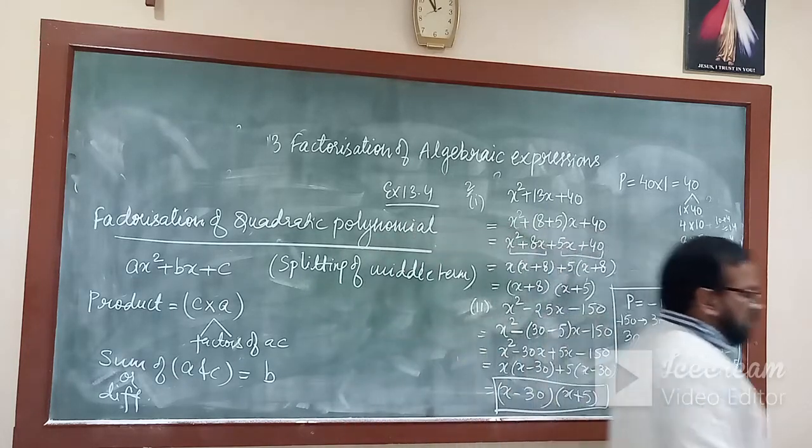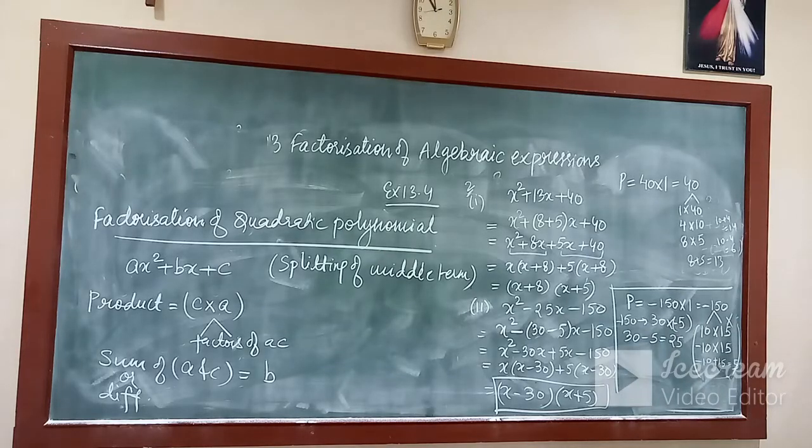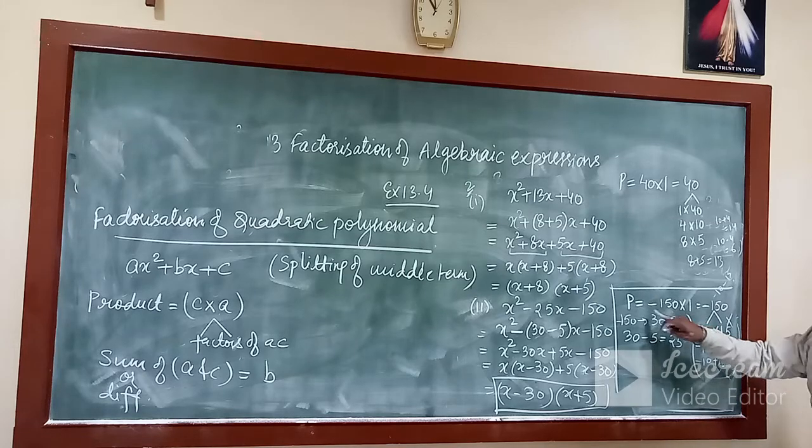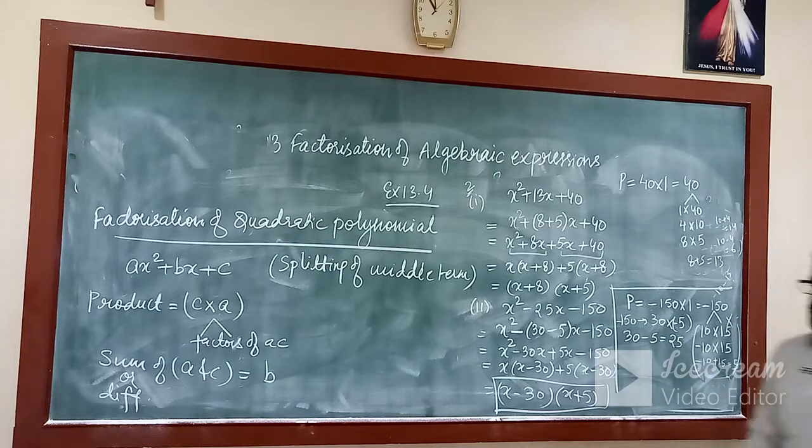Okay, so understood. Even if you get the factors and that is giving you product of negative, but their addition or subtraction should give the middle term. Okay, and if you take minus 10 and minus 15, then it is giving you 25, but minus 10 into minus 15 again will give you plus 150. So this product should be taken along with the sign.